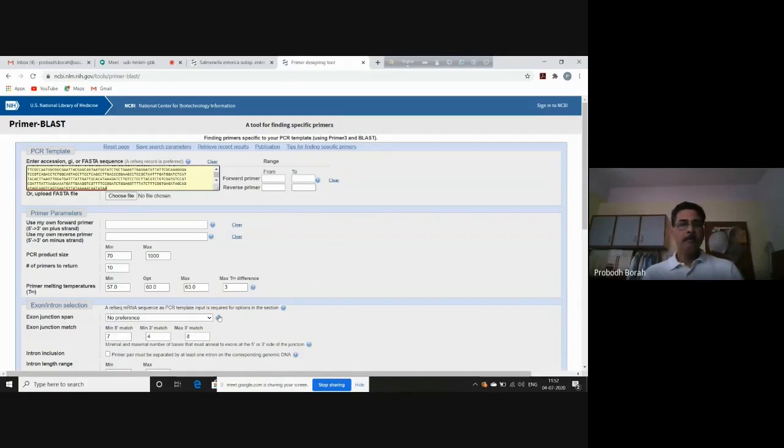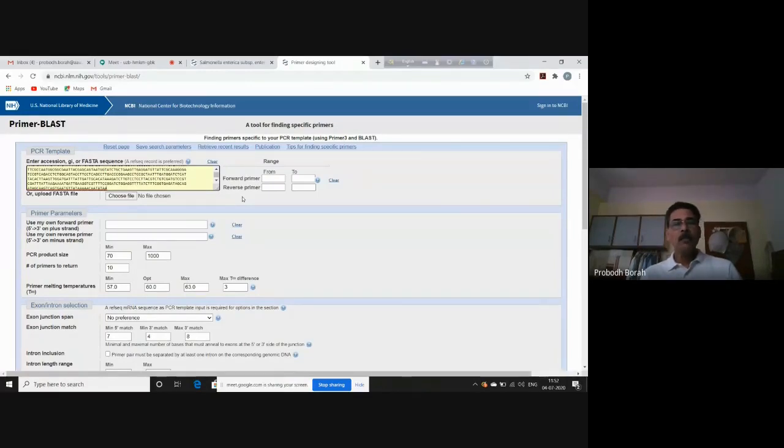Now we'll go to the parameter setting. We'll set the parameters required. Now you see here in this part of the window, you find spaces for forward primer and reverse primer. Suppose instead of the gene sequence, you have uploaded the entire genome sequence, or you have uploaded the accession number of the genome sequence as it is.